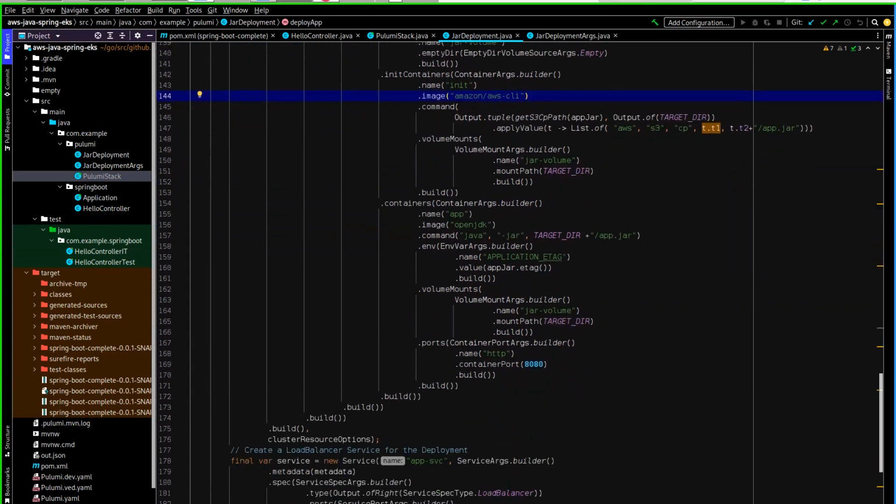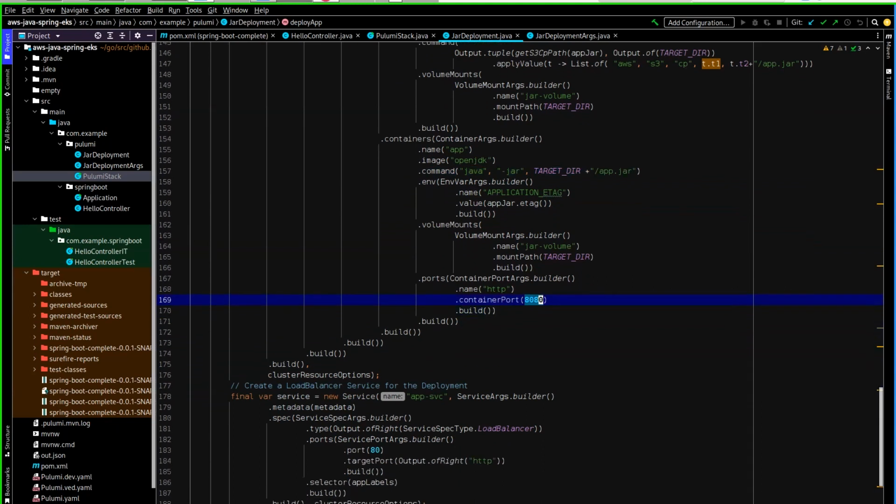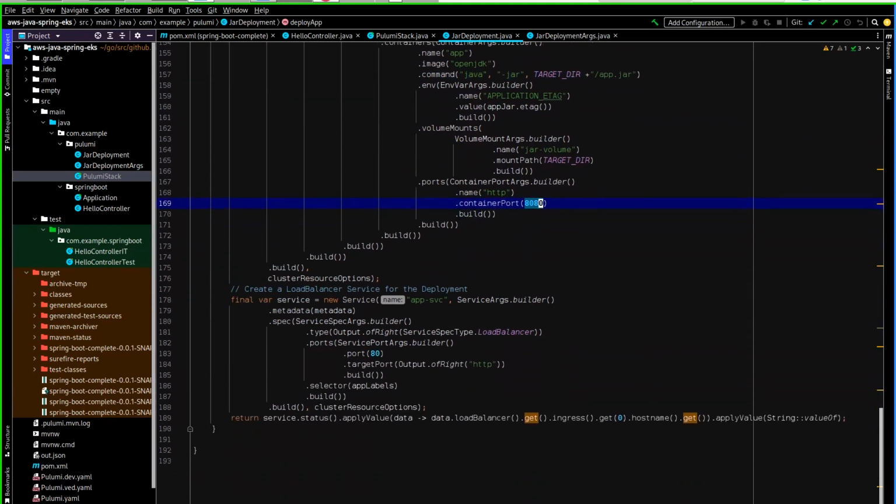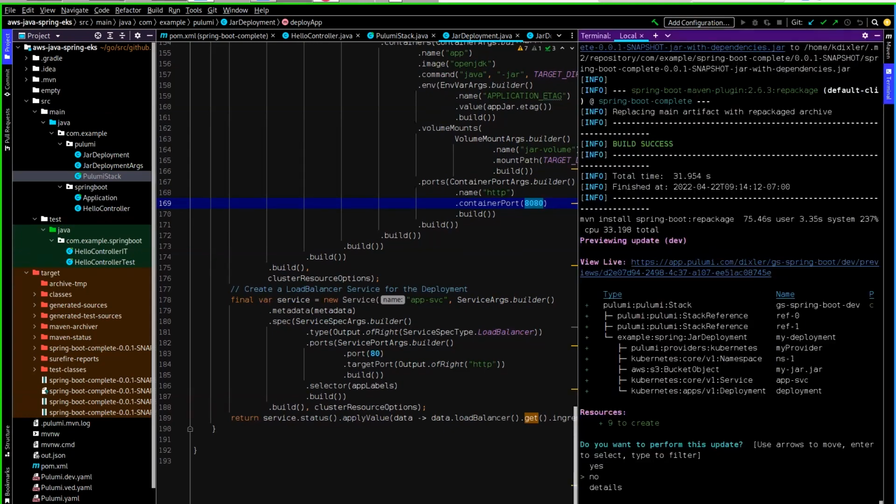Then we have this Java container that mounts that volume right here, and then it runs it over here, which is pretty cool. We expose the port over here to 8080, and then we have a service over here that will make it available for you to use.